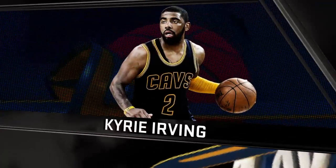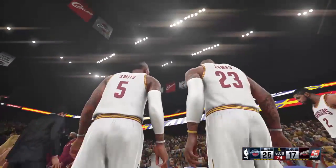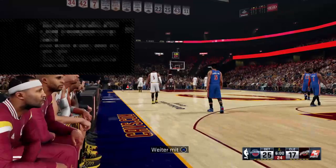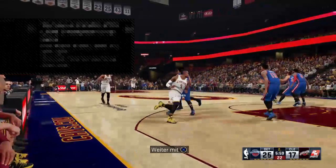We caught up with Kyrie Irving earlier, and he talked a little bit about expectations for himself and his teammates. Kyrie reminding us that it's not just the expectations of the fans and the media he and LeBron deal with, but also, and perhaps most demanding of all, are the expectations that they've got for each other. Yeah, that's a great point. I mean, two guys who expect so much of themselves to start with, who naturally have...